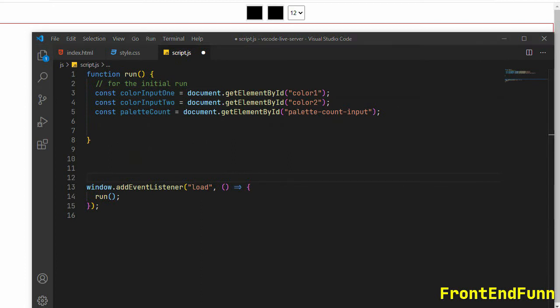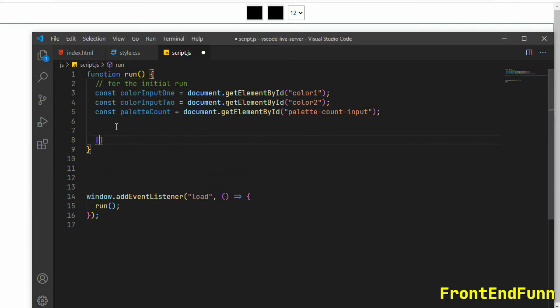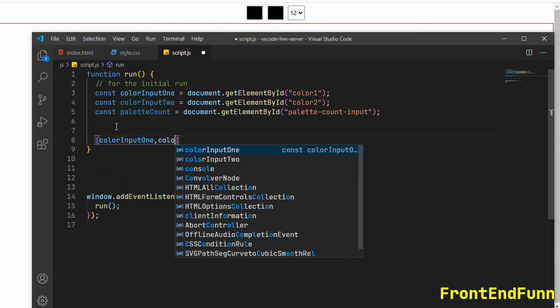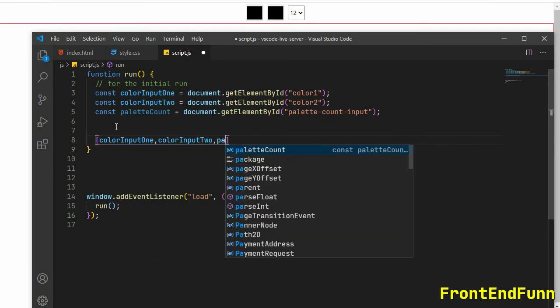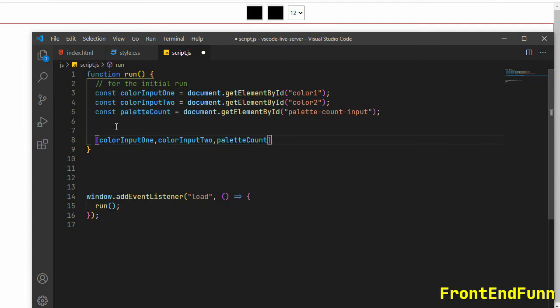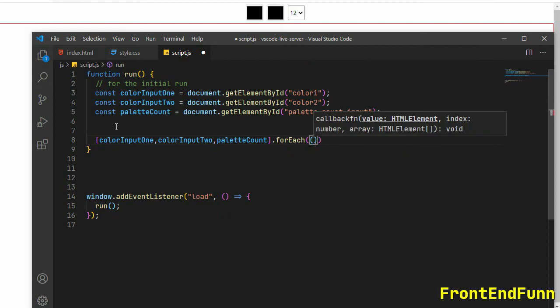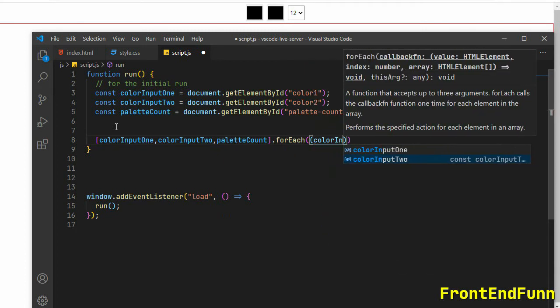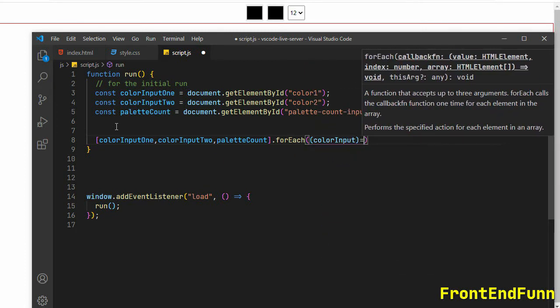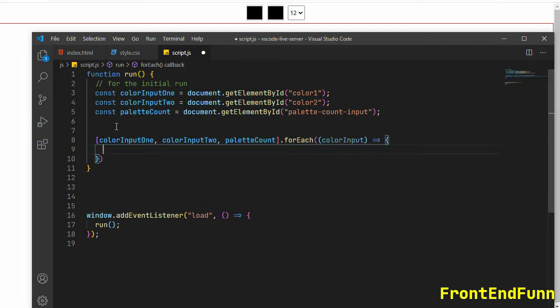Next, we'll be adding an event listener for all these inputs here. So colorInput1, colorInput2, paletteCount dot forEach. I'm making use of a forEach loop here. For each colorInput, or maybe input, so input.addEventListener.